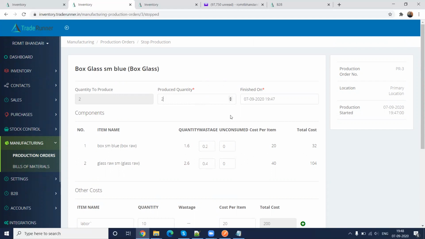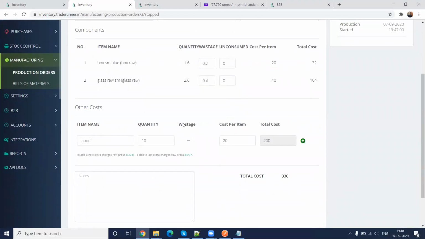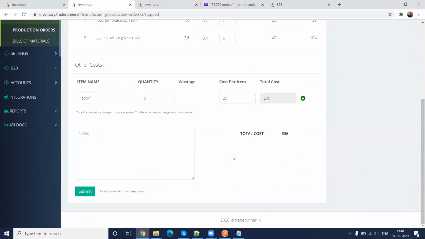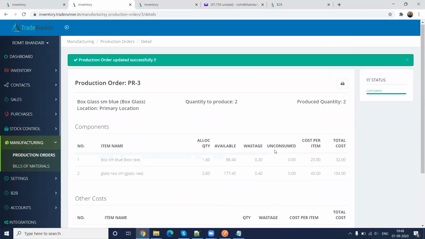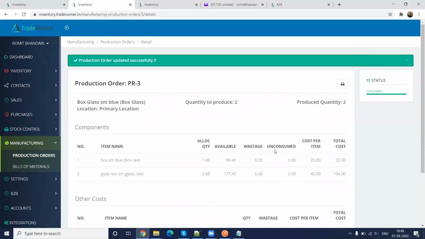Those things you can put here, right? You can change the wastage and the amount of labor and other costs which were incurred in this, and you can submit it, right? So this is how the flow for a production order works. Similarly, you can keep on creating production orders, starting and stopping or completing the production, and tracking the different production orders.